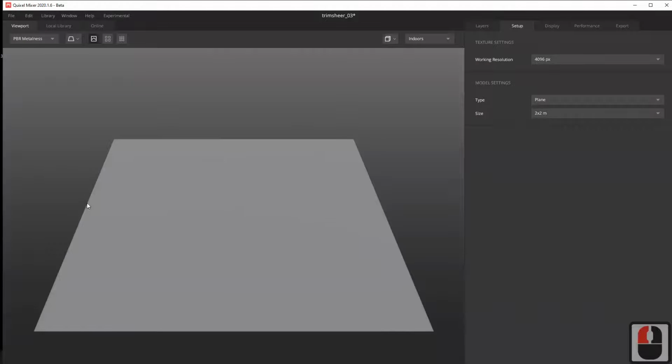Now you can see by default it opens a square panel, and everything is gray. There is no color, no design, nothing. This is your viewport where you do all the modification, and this works like Substance only. It generates masking and tiling and everything, but Substance has more options.